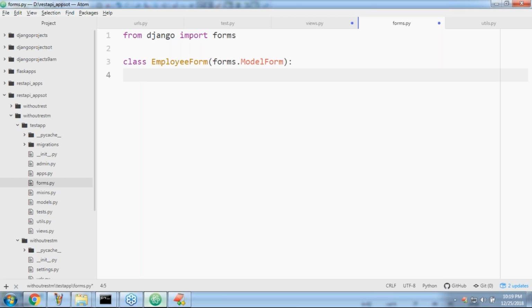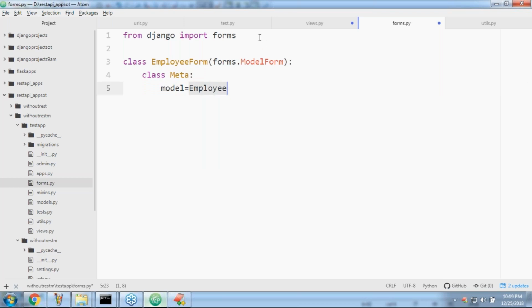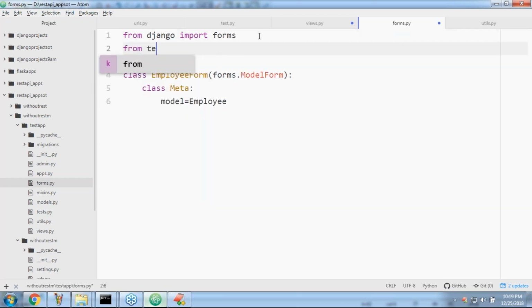In the model form, we are not required to provide all fields, because it is already based on the employee model. That's why we have to specify class Meta, and in that, the model is Employee. But Employee you require to import: from testapp.models import Employee. Sir, which fields you want?